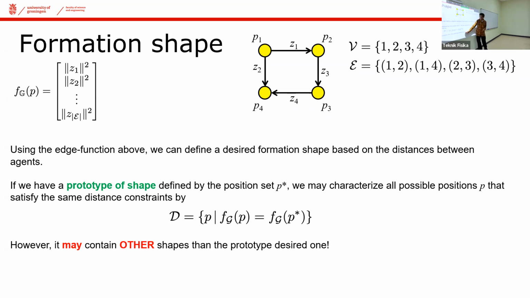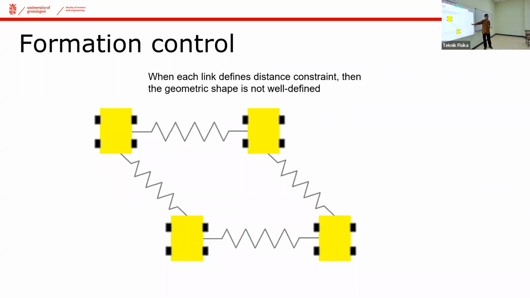But it may have other shapes than our intended desired shape. The way we define the edge is very important. So in this case, we wanted to define a square. So you define 1, 1, 1, 1, using only 4 of the edges. But this one can also satisfy the same constraint. So in this case, you can imagine it is 1, 1, 1, and 1, but it is no longer a